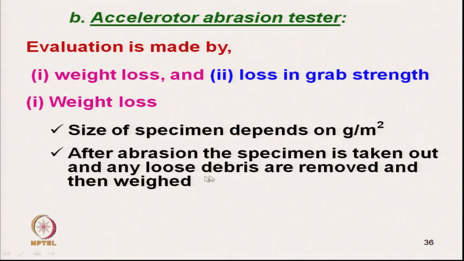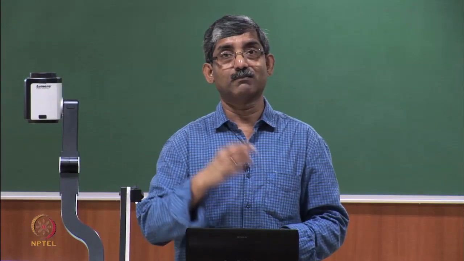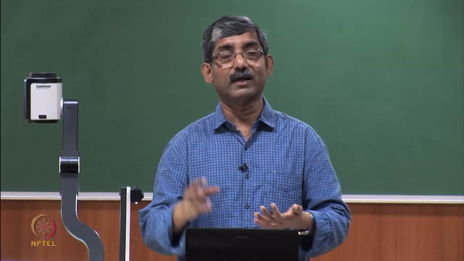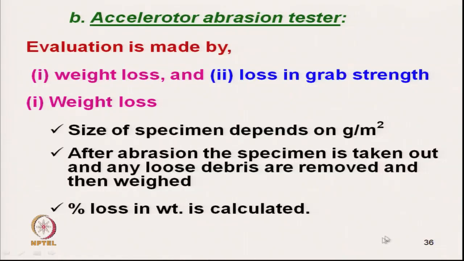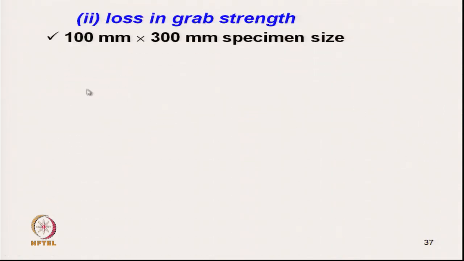After abrasion, the specimen is taken out, and any loose debris or loose fibers are removed and the mass is taken. So, we take out all these peels and any loose fiber, any hairs, and take the mass, and we will measure the weight loss of the fabric. Percentage loss is calculated, and the next method is loss in grab strength, where the specimen of 100 millimeter by 300 millimeter